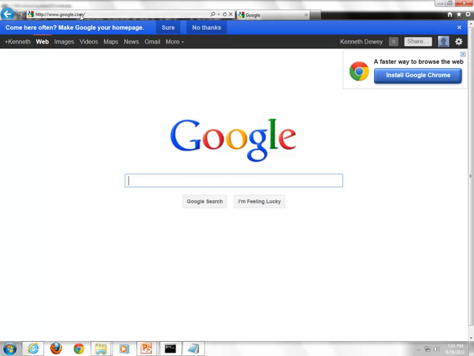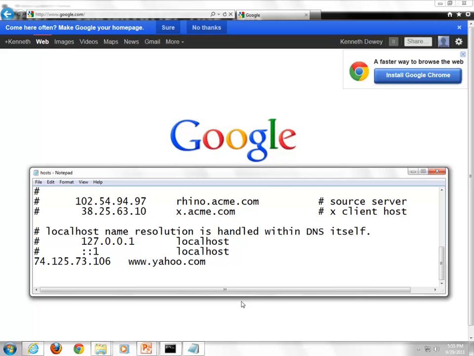And the amazing thing was they never complained. Can you imagine them complaining? Hey, I'm trying to surf MySpace, and I keep getting my job. Oh, maybe you should do something. But the host file is kind of handy. But there's some drawbacks to it. Obviously, we saw that I hard-coded this number. So if Google was to change that IP address next week, who knows what we'd get? Because this wouldn't be updated.